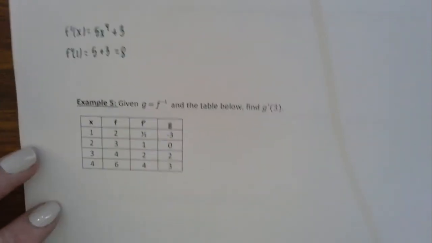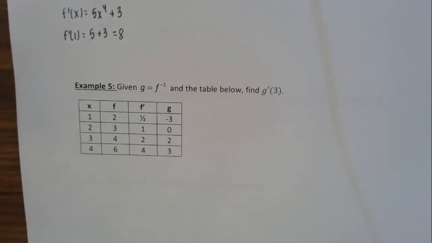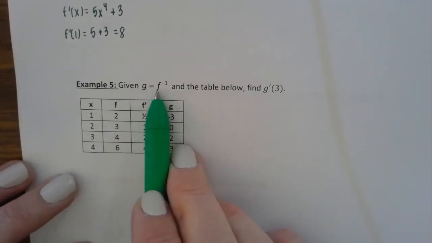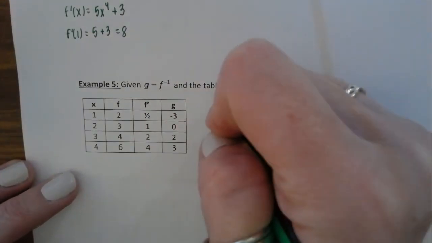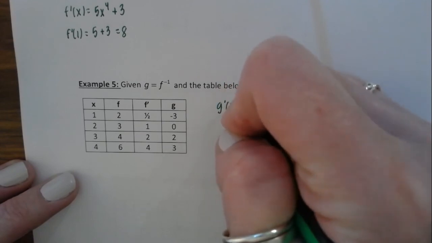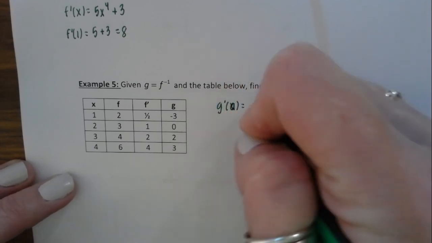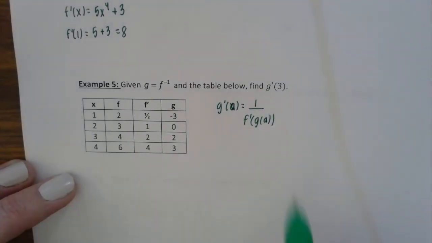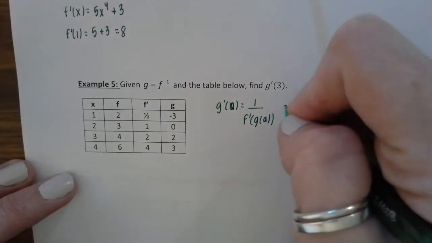Okay, so what if we're given tables of values? Well, the same rule still applies. If we know that G is equal to the inverse of F, which tells us that G prime of A is equal to 1 over F prime of G of A, and we're looking for G prime of 3,